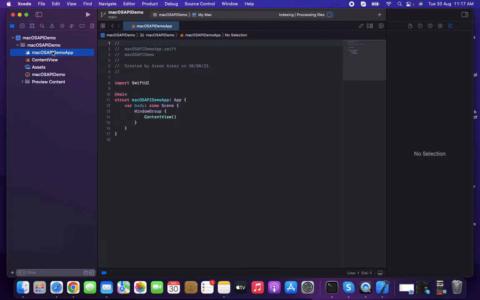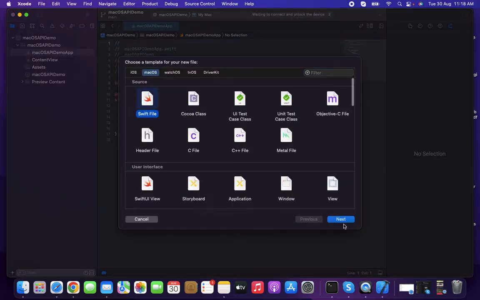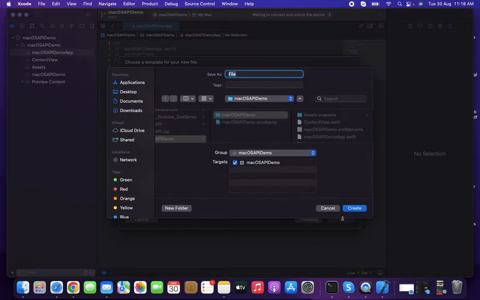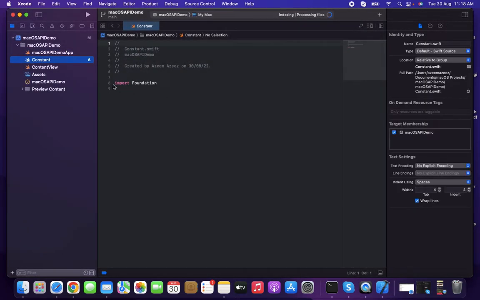First, I'm going to create a new file, which is going to be a Swift file. Let's name it Constants. Alright, let's create that, and from here I'm going to create a class, and that's going to be Constants, and that is going to be an NSObject. Inside that I'm going to give a struct with the URLs, and that is going to be two static things. That's static let baseURL